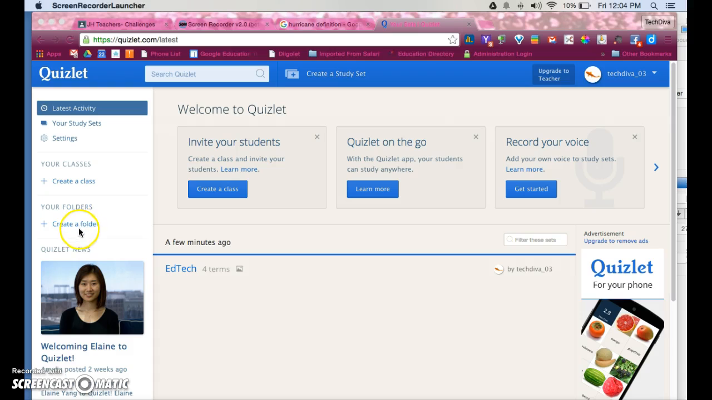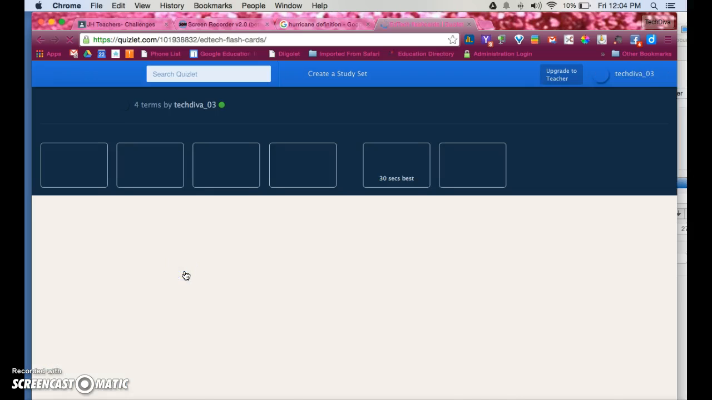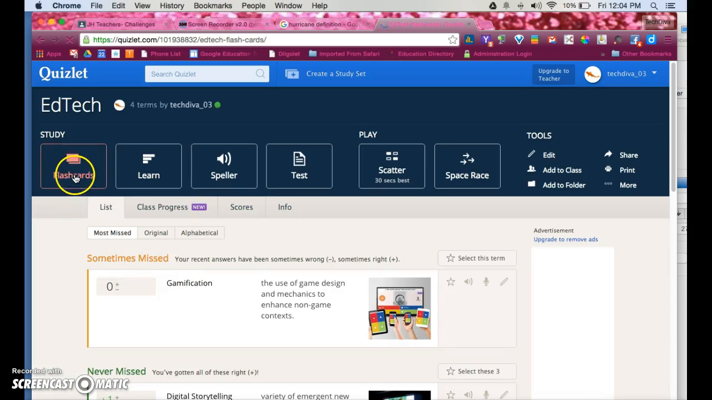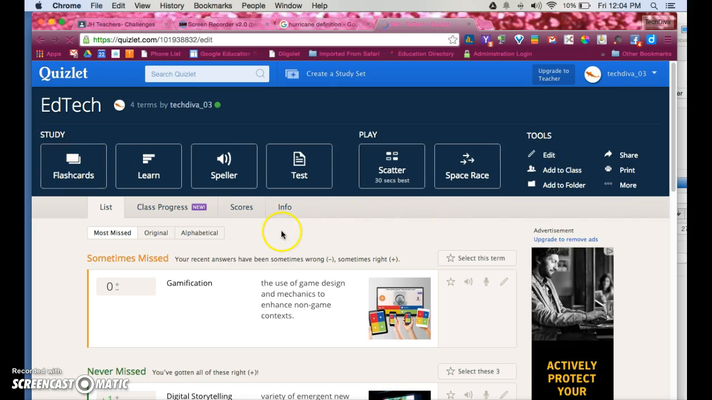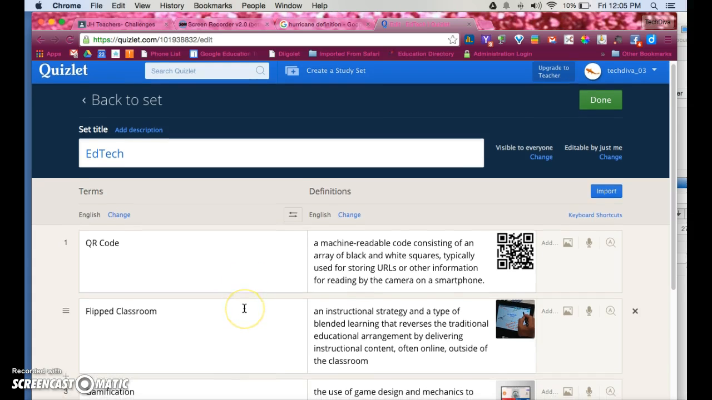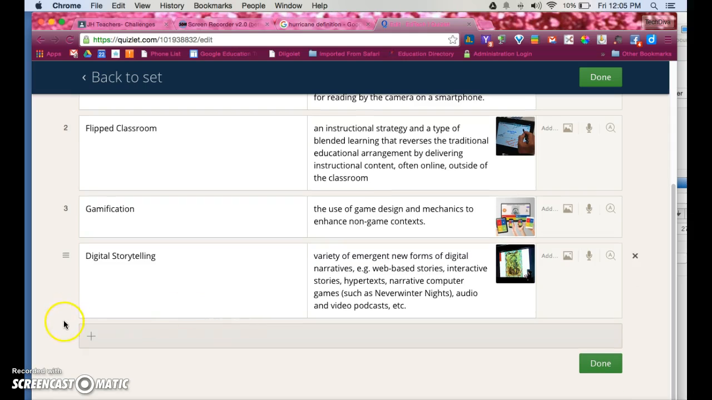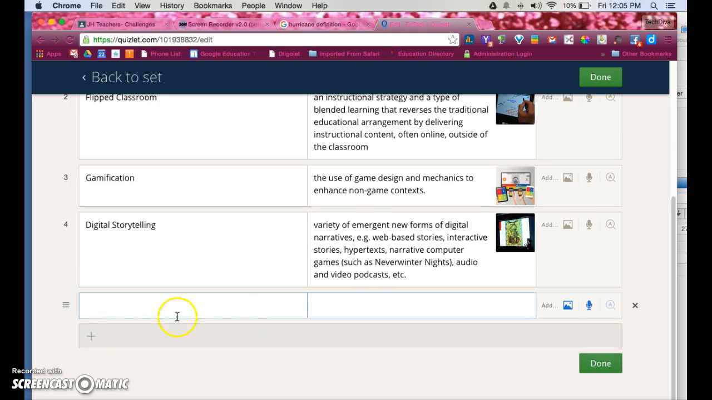So you can create a new set by logging in and clicking right here where it says create a new study set. I created one to use as just a practice, so I'm going to click on that and open it. I'm going to edit it because this is the way yours will look once you start adding in your words. So I've got a couple of ed tech words and I'm going to just click on the plus sign and type in my new word,